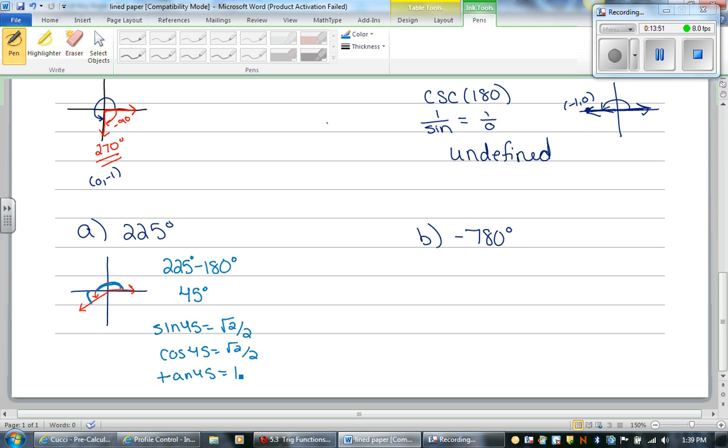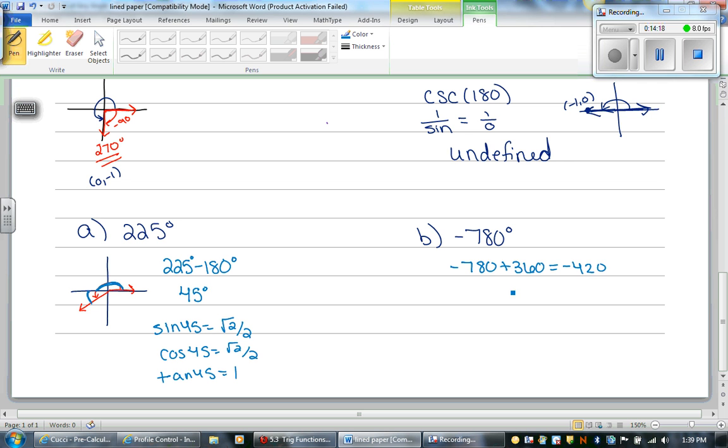Okay. Next one we're going to find is negative 780. Now, I don't like that number. It's really big. So what I want to do is find a coterminal angle with negative 780 that's going to be less than 360. So what I can do to get that is simply add factors of 360 until I get a value that suits my needs. So negative 780 plus 360 is going to give me a value of negative 420, which is